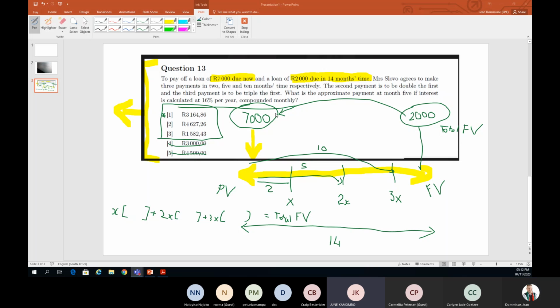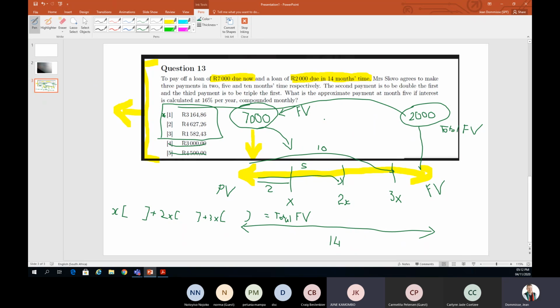We move the 7,000 from now to month 5. That's 5 months forward. Now, future value, that's S equals P bracket 1 plus j_m over m bracket to the power of tm, where t is the number of years and m is the number of compounding periods. Thus, S equals 7,000 bracket 1 plus 0.16 over 12 to the power of bracket 5 over 12 times 12 closing bracket.